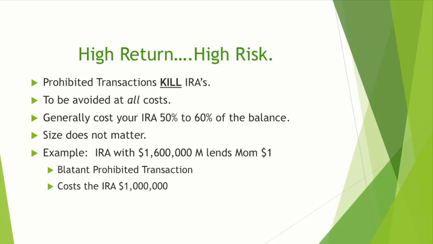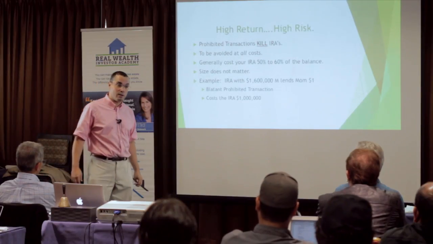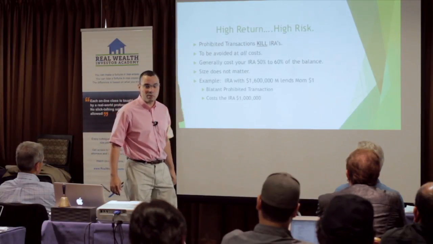What does that mean? You have an IRA, it has $1.6 million in it. Between the distribution, because it's usually taxable, the money comes out, most of the time it's taxable, that's a pretty high bracket. Add it to your other income, you're in a high bracket. Throw in a bunch of penalties. I tell people, especially in a high tax state like California, on a large IRA being destroyed, about 60% goes to the government. That's pretty normal.